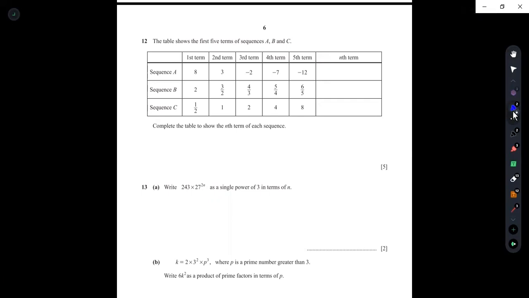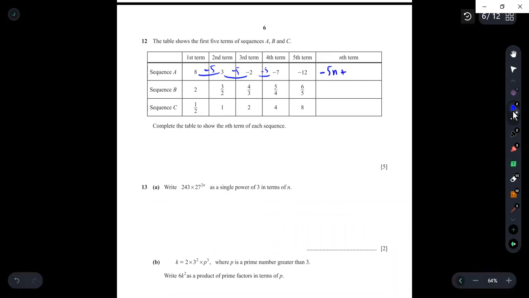So 3 minus 8, we know that the difference is second term minus first term. 3 minus 8 is -5. The difference between these two terms is -5. -2 minus 3 is also -5. -7 minus -2 is also -5. So it means the common difference is -5. So the nth term will be -5n